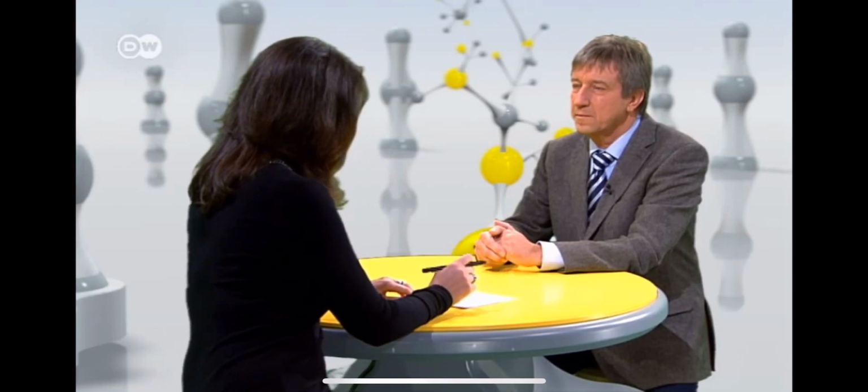And joining us here in the studio to talk a little more about the promise and potential dangers of gene therapy is Wolfgang Uckert. He is the president of the German Society for Gene Therapy. Thank you so much for being with us today. Now, the idea of gene therapy has been around for decades, but it's only seen limited success. Why is that? Yeah, I think one of the problems was the transfer vector that is used to bring a